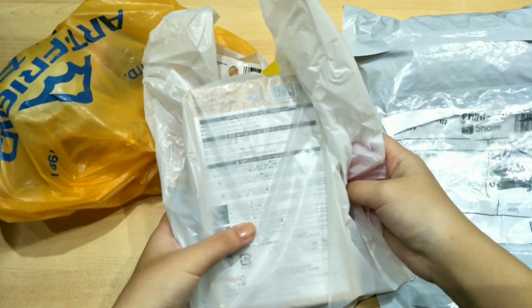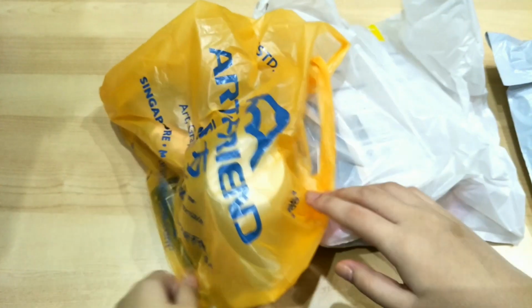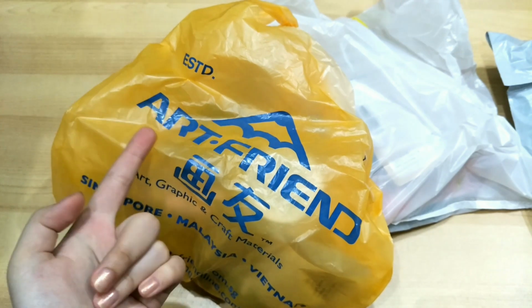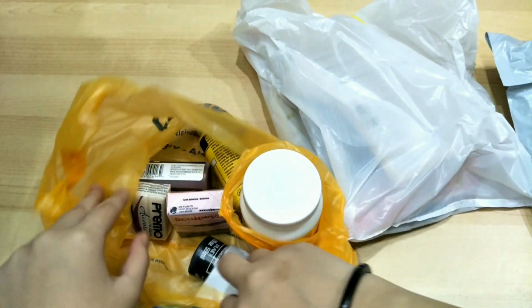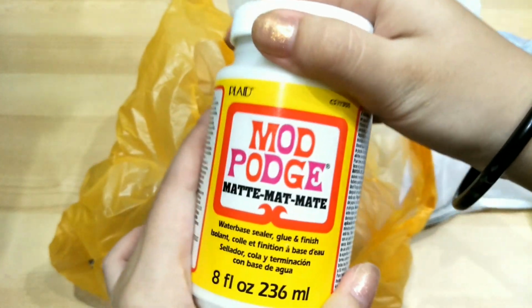Okay, so the first thing I'm just gonna show you here, I got something from Friend. I really like going to this place because it's really convenient. I love this local store. Okay, I didn't get many things, I just get what I need. So we got this